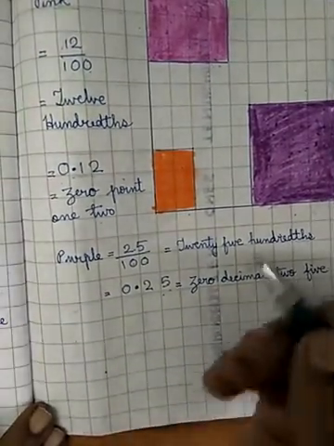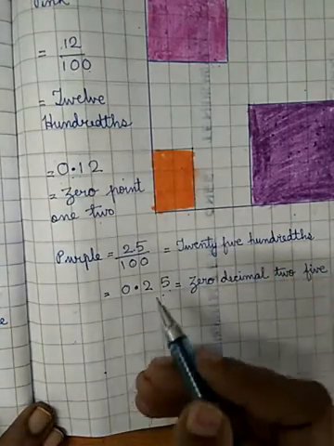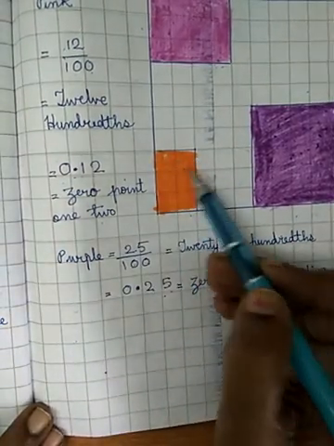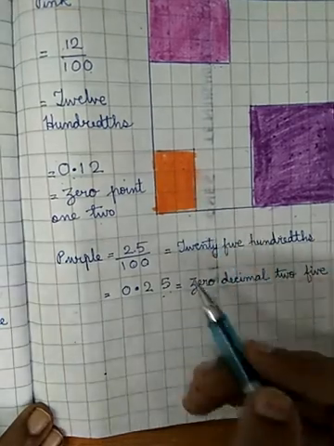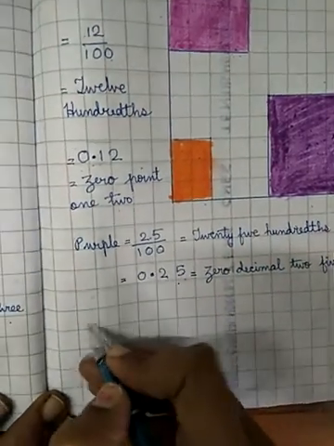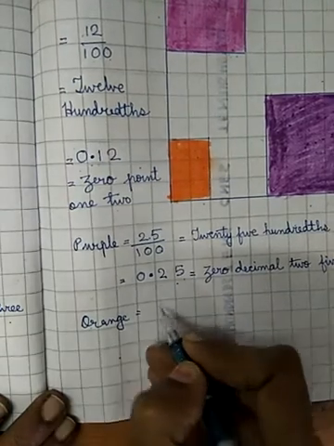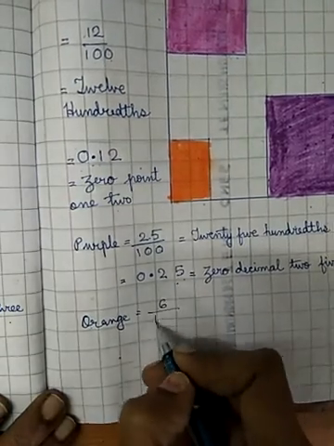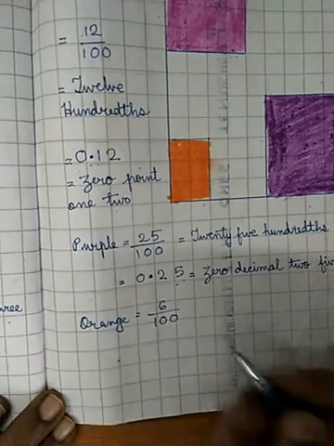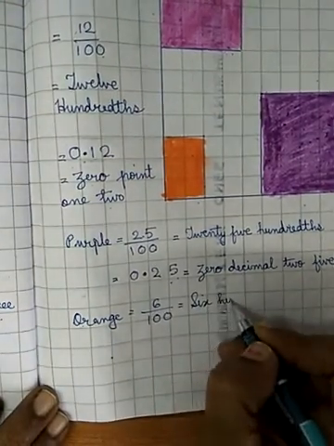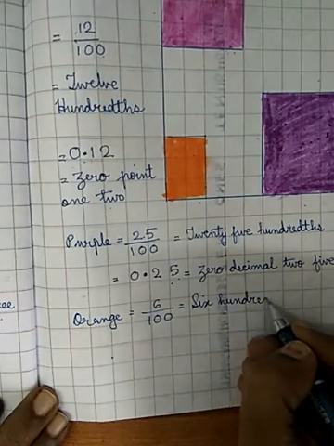Let us have a bigger number. Say, okay, let us do this orange one first. 1, 2 on this side. 1, 2, 3. That means there are 6 orange ones. So let us come to the orange ones. You have 6 in the numerator and below you have 100. Okay, 6 out of 100. So how do we write this? It is 6 hundredths.